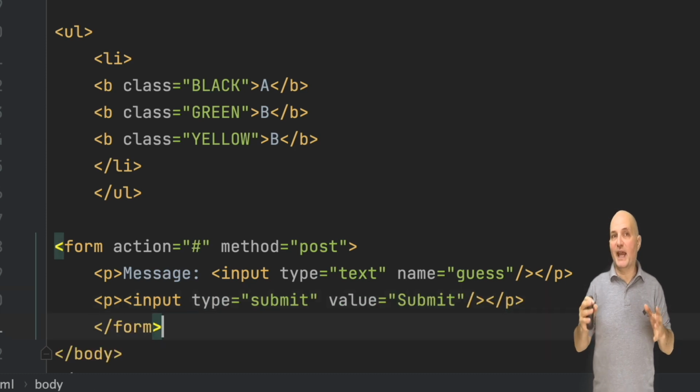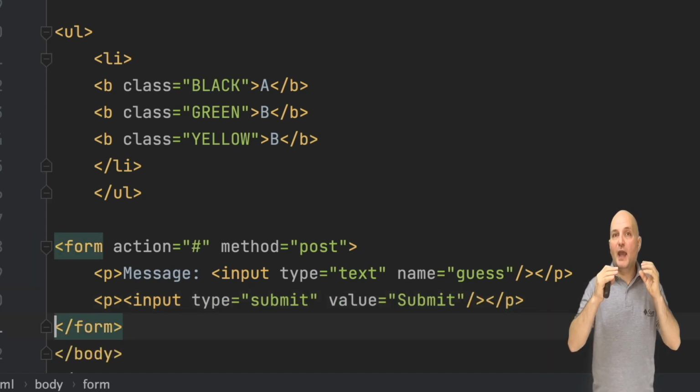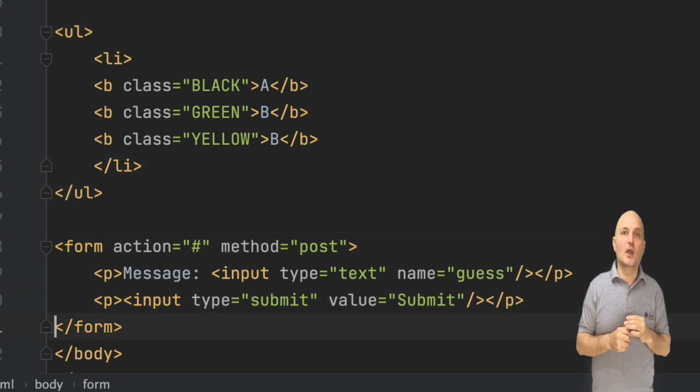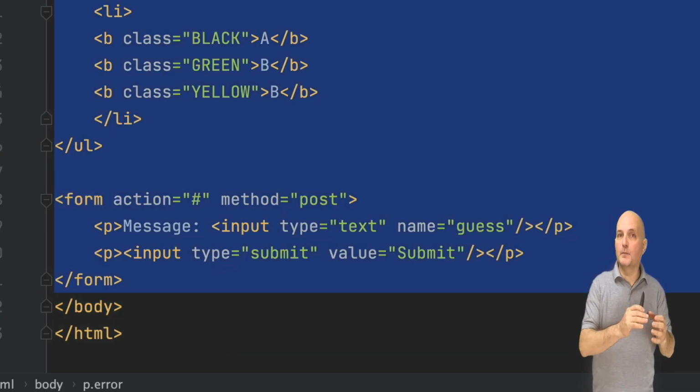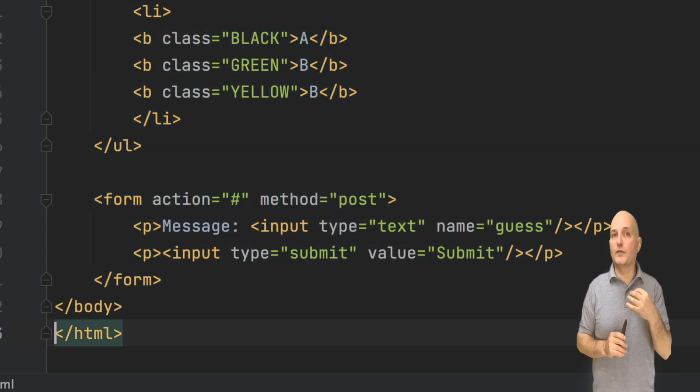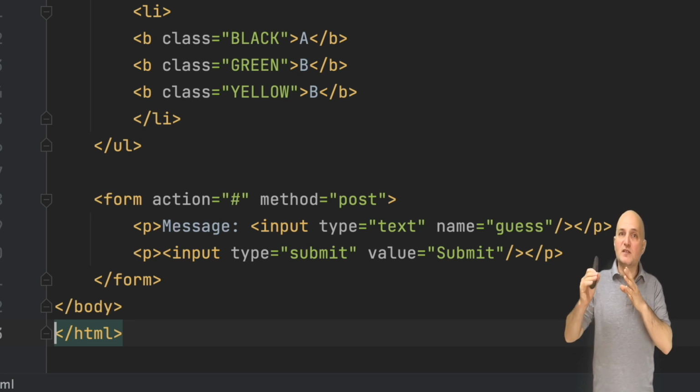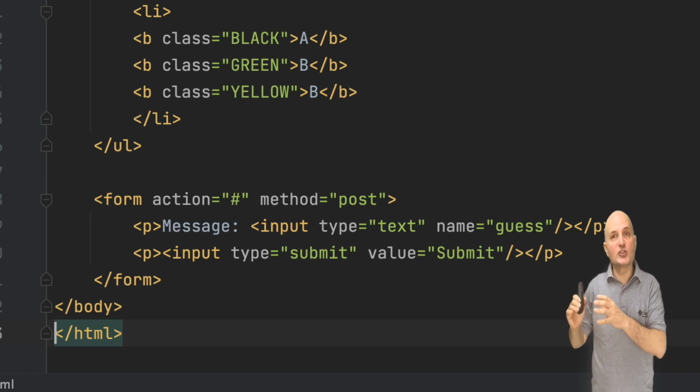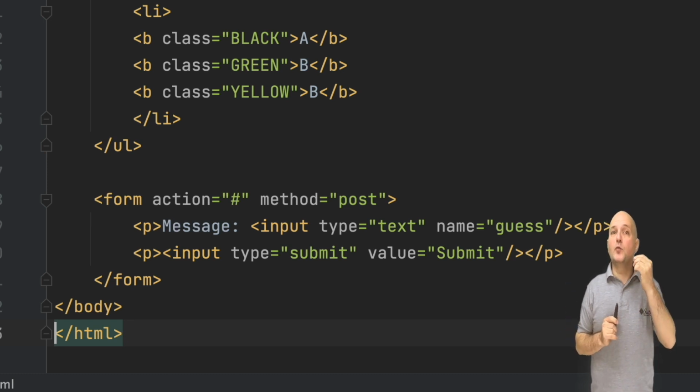HTML forms let us add and submit information to the backend. They can include buttons, text, input, etc. In this case, we have the input field named guess. Notice that the form tag accepts two attributes. The first one is the action. The action indicates the URL to which we will submit the form. Hash means the form will submit to the URL from which it came. That means that if we came from the URL guessMVC, the form will submit its input to that URL.